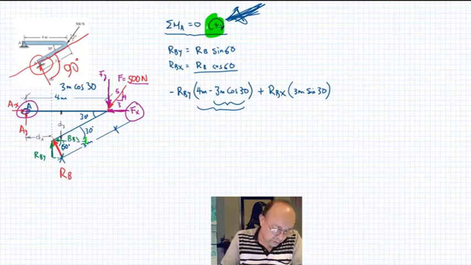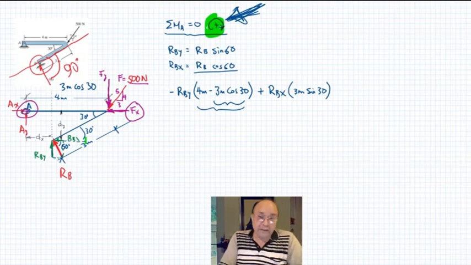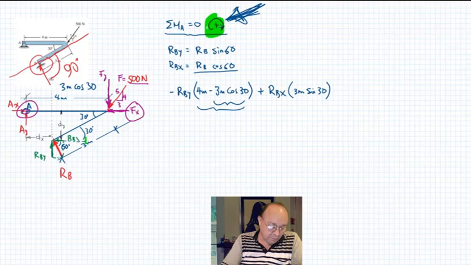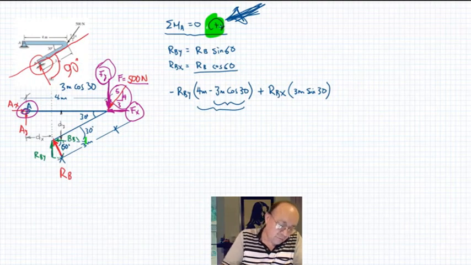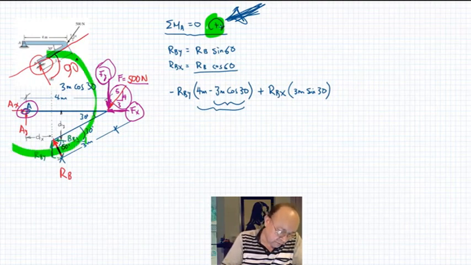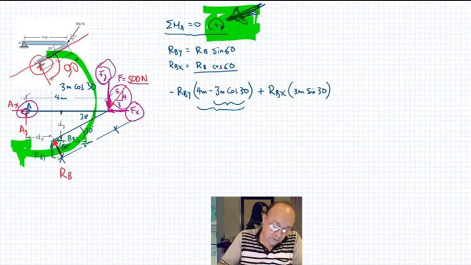So the moment produced by the force of 500 newtons: if I take it into the components Fx and Fy, Fx doesn't produce any moment because it goes through the point A. The moment will be only produced by the component in the y direction, which will be 500 times 4 over 5. That's the inclination of the force multiplied by 4 meters, which is the distance from the vertical force Fy to point A. That moment is in this direction, so it's the same direction of our convention here. So it's positive.